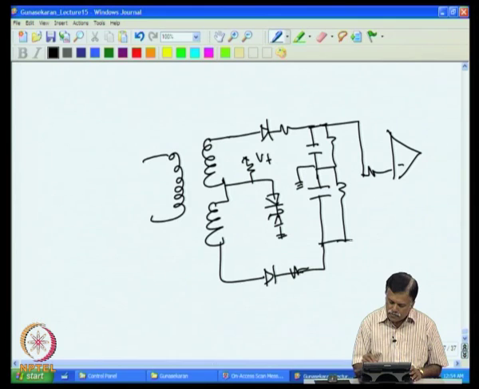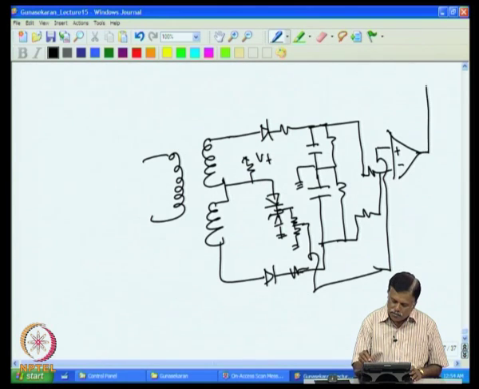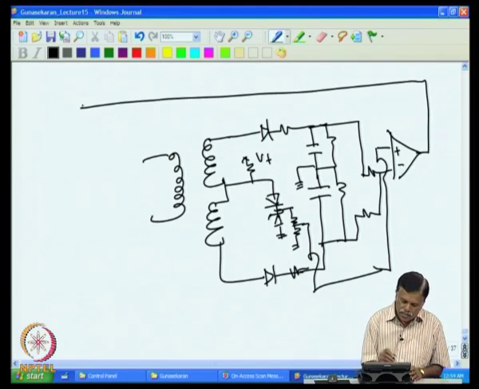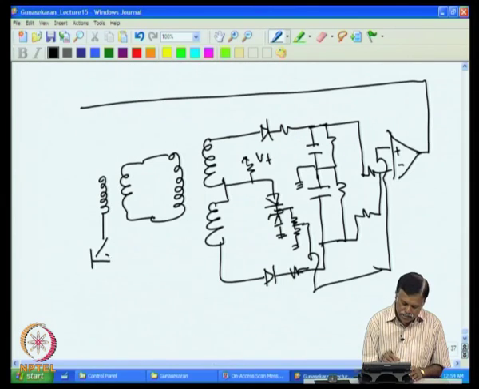minus, then V reference we need, that this itself can be utilized for V reference. So, I put a divider here and then connect the V reference to this point, and this can be connected to the oscillator, that is actually the oscillator, we already discussed about this. So, you get the